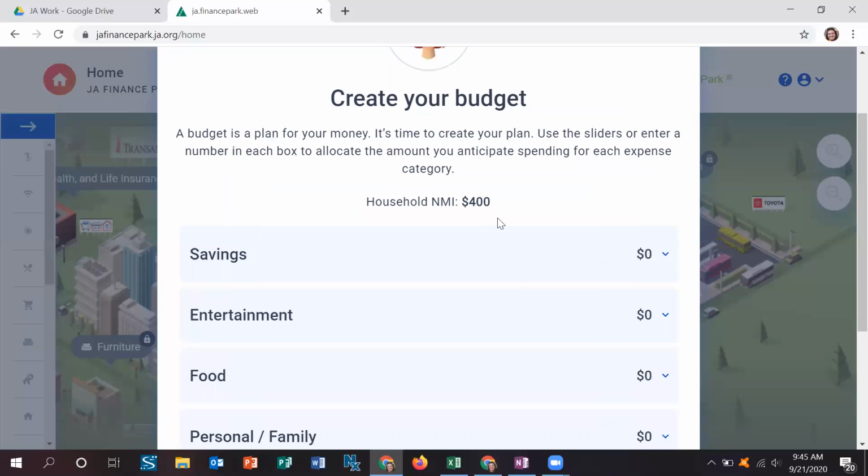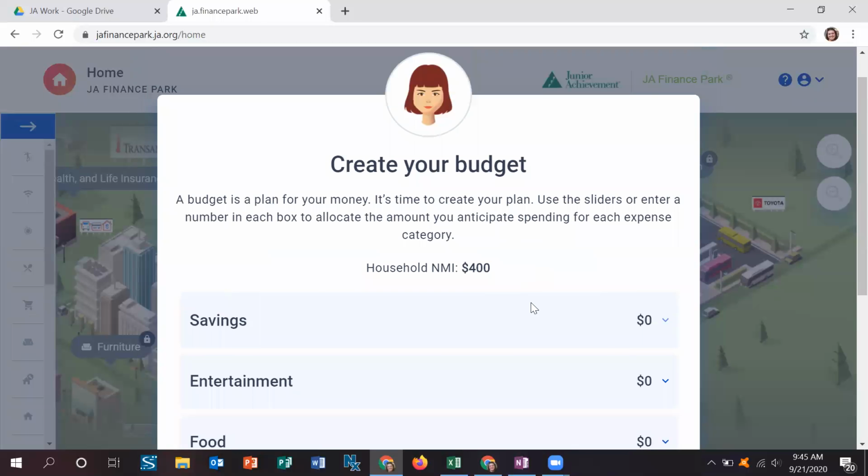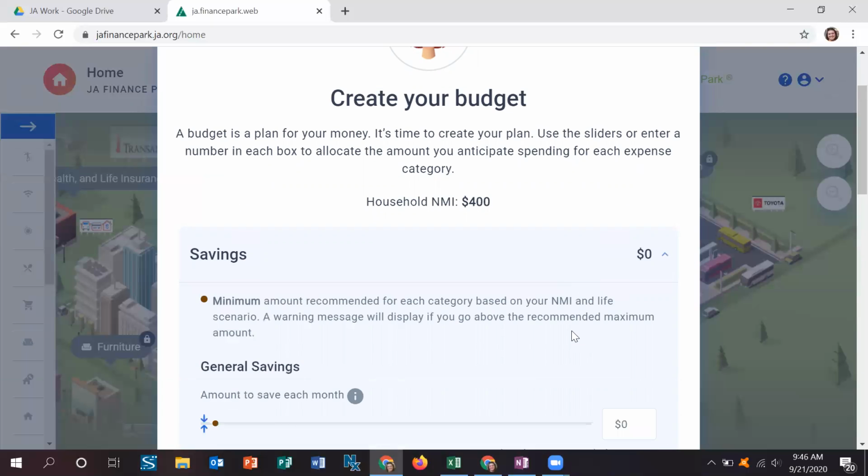Now we're going to create a budget, and you will do this after every life stage. I'm not going to go through all the life stages in this video. I'm going to go through the first one just to show you how to set things up, and then hopefully you'll be able to do this on your own in the next 3 life stages. A budget is what you're going to plan for your money, and we're going to create that plan. We're going to use sliders, or you can enter the number in each box of how much you want to spend. So for savings,